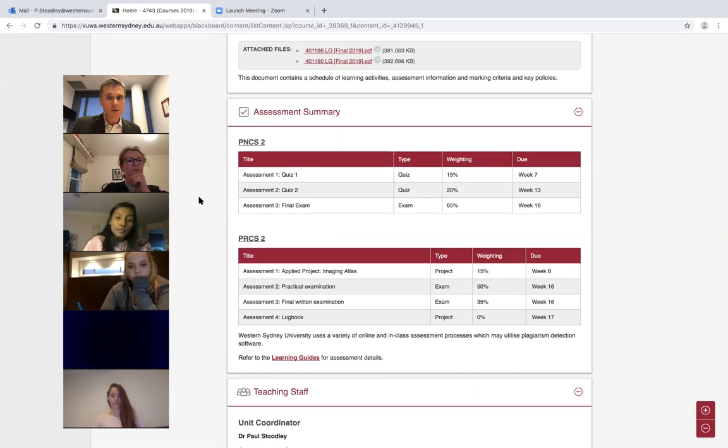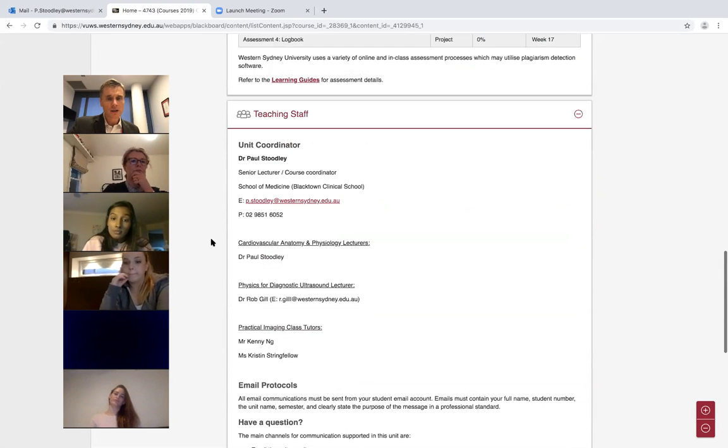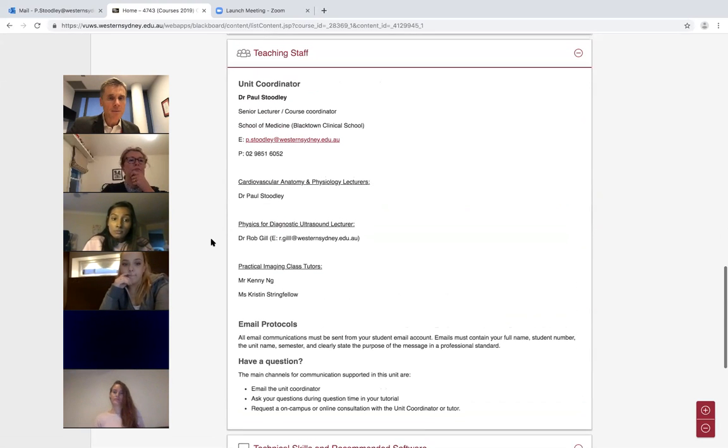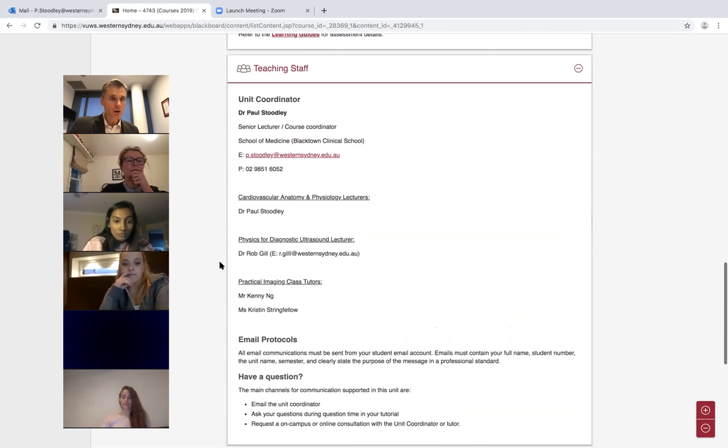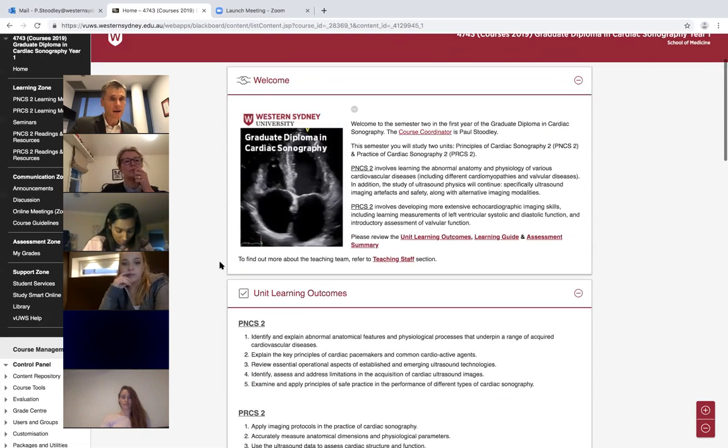We'll go through the assessments in a moment, but there's the table with a brief outline of assessments. More about the assessments again goes to the same people as last time. Myself, Rob will be doing the physics, Kenny and Kristen who'll be helping out with the